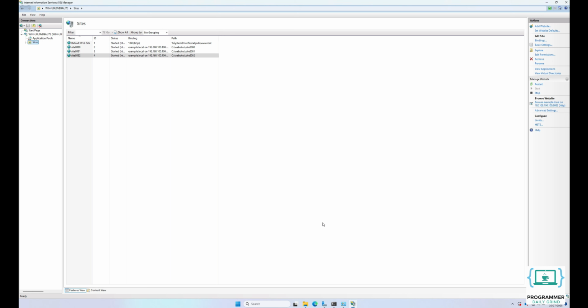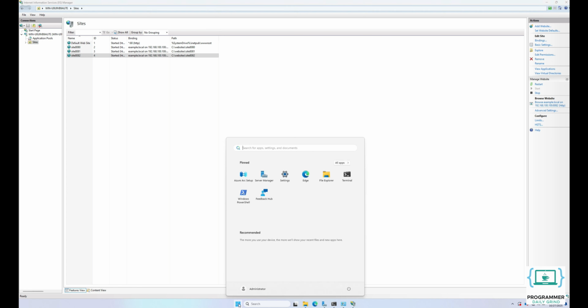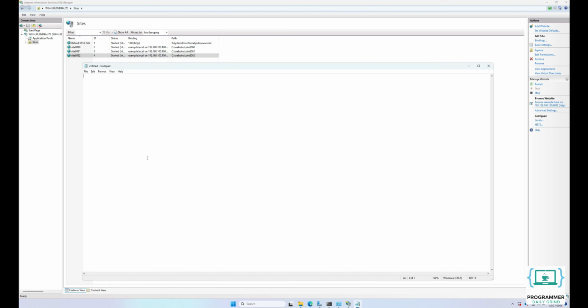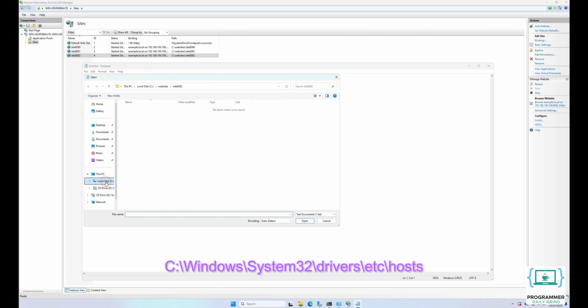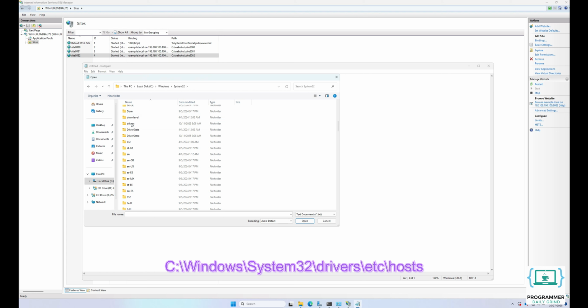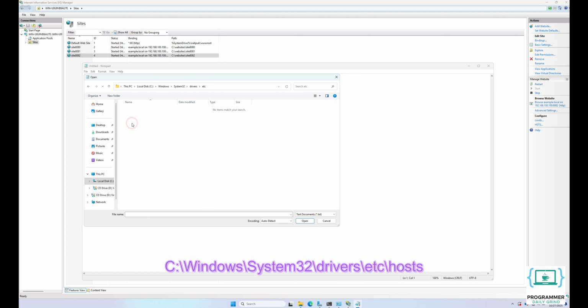Before testing the websites, we need to map the IP address and hostname in the hosts file, so Windows knows where to find example.local. To do this, open the Start menu, type Notepad, and choose Run as Administrator. Then, in Notepad, click File, choose Open, and navigate to the C drive. From there, find and open the Windows folder, then find and open System32 folder. Next, find and open the Drivers folder. And finally, open the Etc